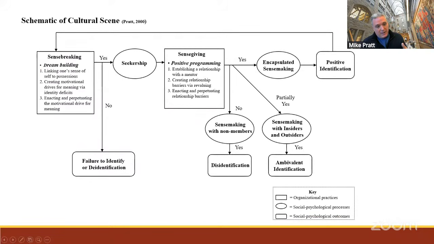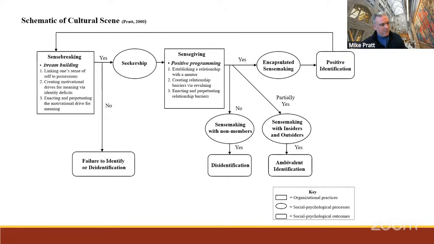This is how I did it in my paper. I have dream building, I have sense giving, the things in italics are the things that Amway people do. Dream building, positive programming, and then I'm trying to make sense of how people get to positive identification, ambivalent identification, disidentification, and failure to identify, using the different things that Amway distributors do.